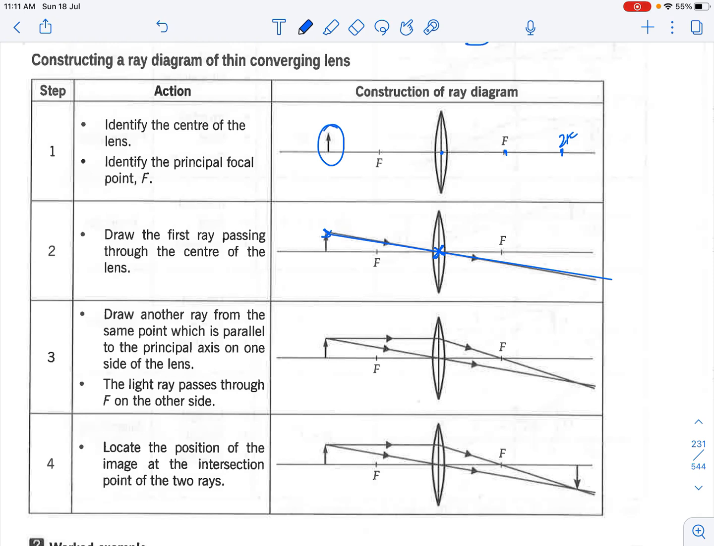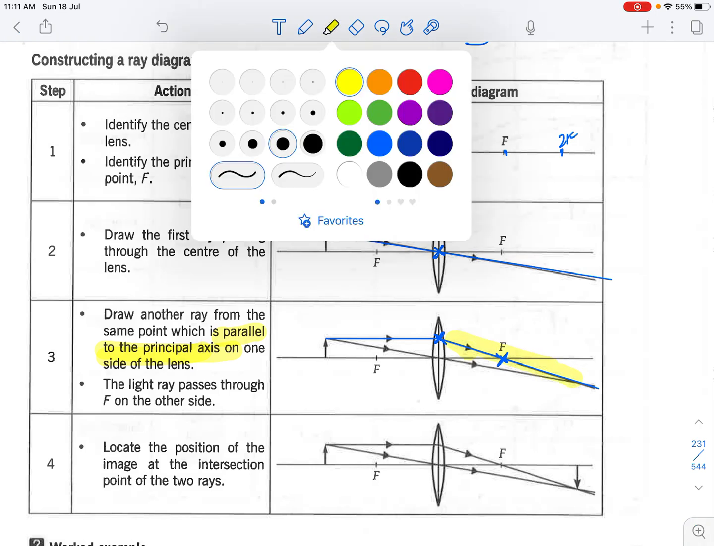The second ray you draw is from the tip of the object all the way to the lens, and it should be parallel to the principal axis. Okay, parallel to the principal axis. And subsequently, from this point, you take a ruler and mark the other point, which is your first focal length, and you draw it down and join it down. There will be a point at which this particular light ray will intersect